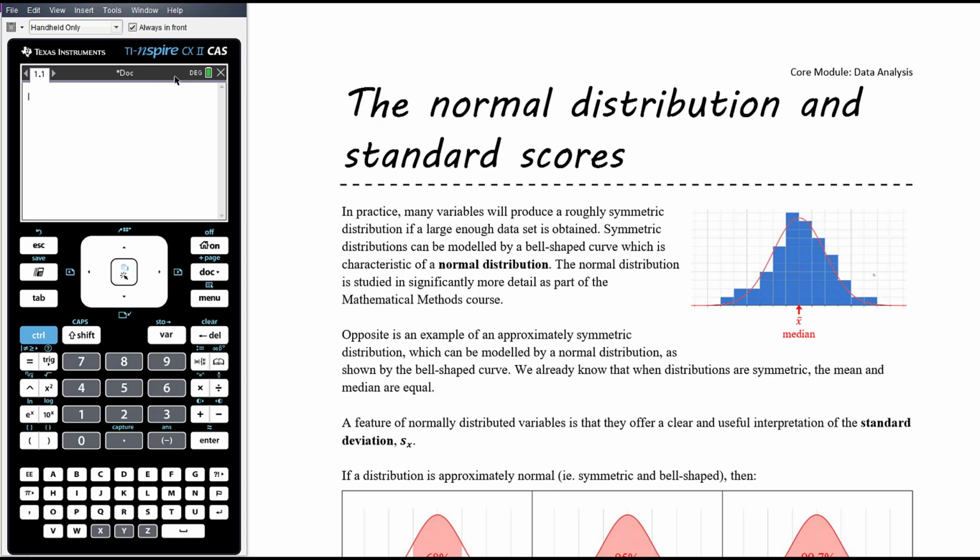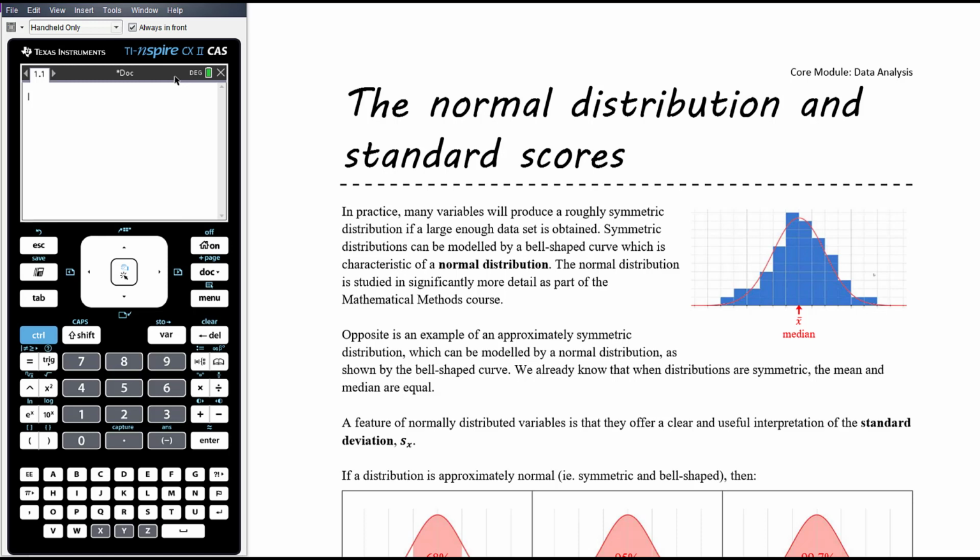So symmetric distributions can be modelled by a bell-shaped curve, which is characteristic of a normal distribution. So when we talk about a normally distributed variable or data set, it is following a roughly bell-shaped curve. The normal distribution is studied in significantly more detail as part of the Maths Methods course, but